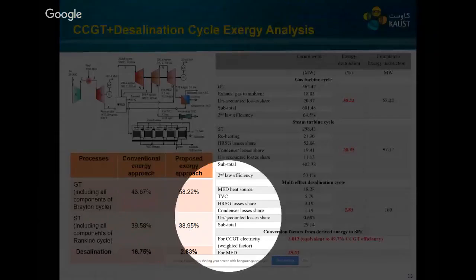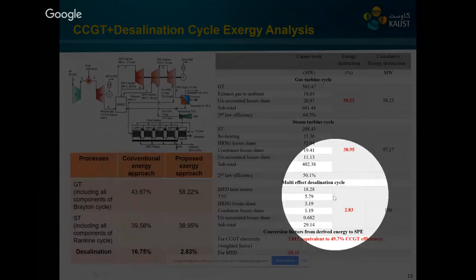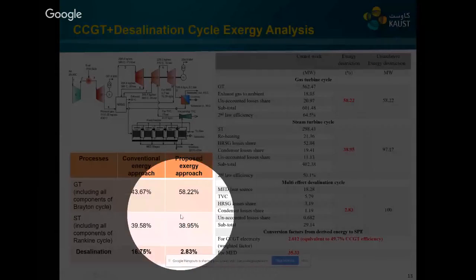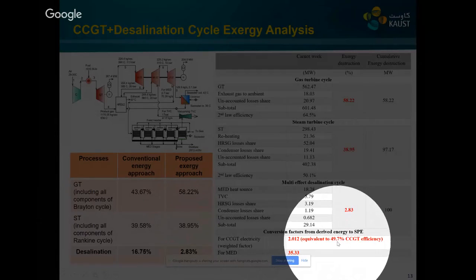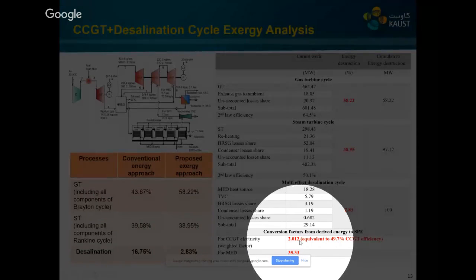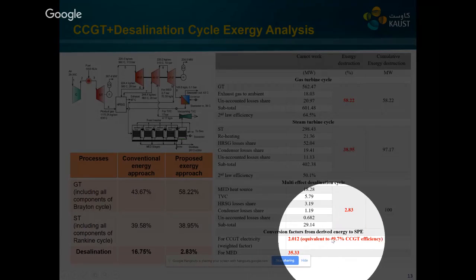So based on this, the proportions of the primary fuel utilized, we developed the conversion factors. We showed that for this CCGT power plant, the conversion factor is around 49.7% for electricity to primary energy, primary energy to electricity. So in other words, the CCGT power plant efficiency is around 49.7%. It shows that to produce 1 unit of electricity, we need around 2 units of primary fuel energy, because the power plant efficiency is around 50%.